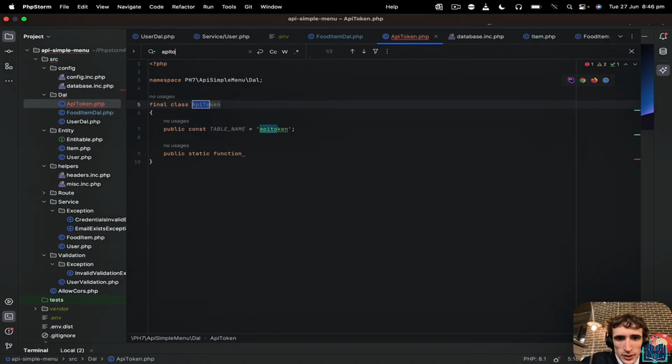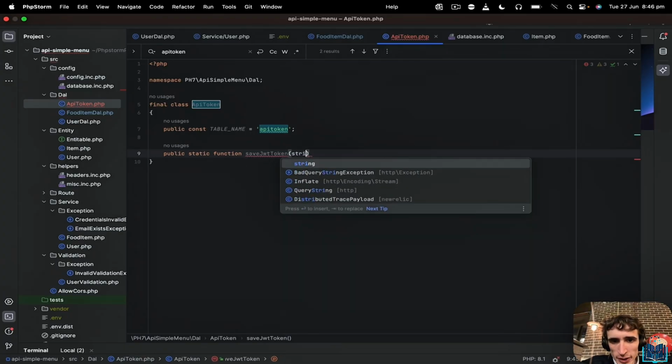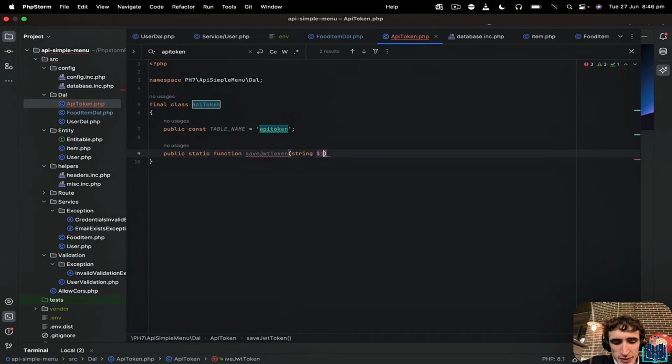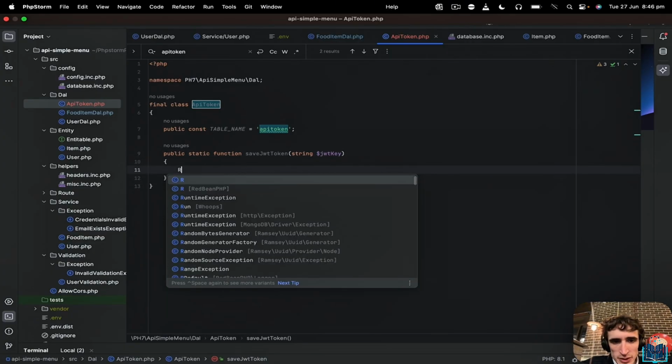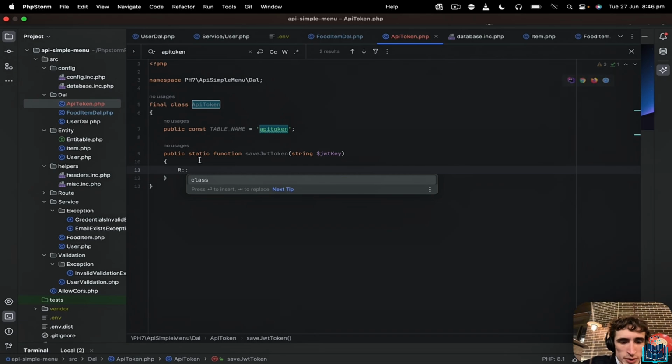API token, yeah, perfect. And then here it should probably be save JWT token, and the parameter will be a string, JWT key. Perfect, like that. And there, first I will have R, so we need to import R,